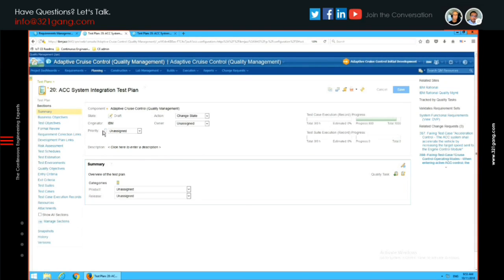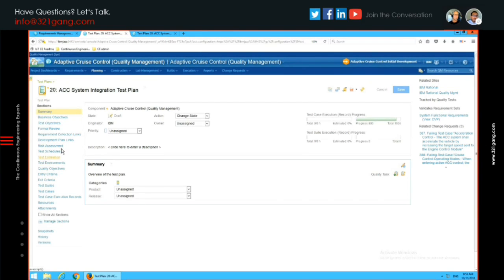All right. So if we look at this test plan, some of the things I'm going to point out: we can configure our test plans. We have multiple different sections that we can have. We can reduce these. We can decide how we want to configure what we want in the test plan. We can put things like our objectives. Another thing I want to point out is we can manage our test environments, whether multiple different test machines or test benches. If you're looking at different vehicle tests, you can manage those types of environments and schedule on those.